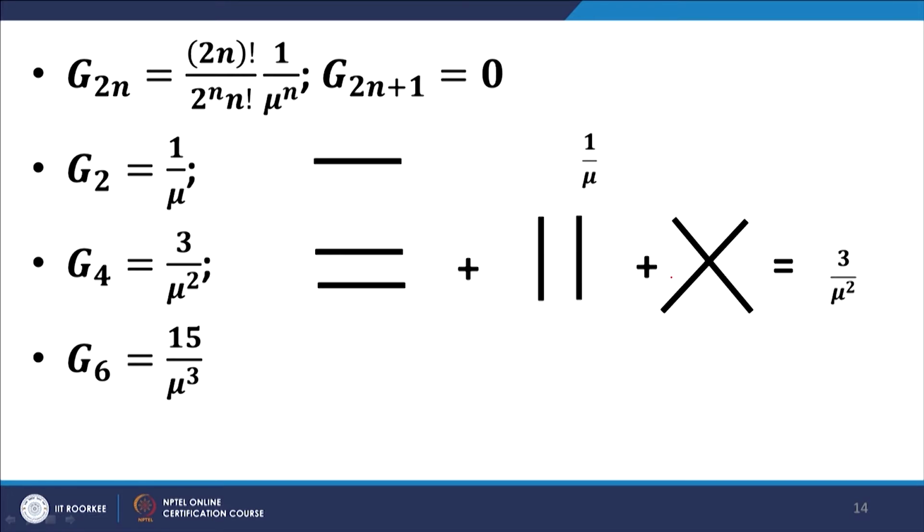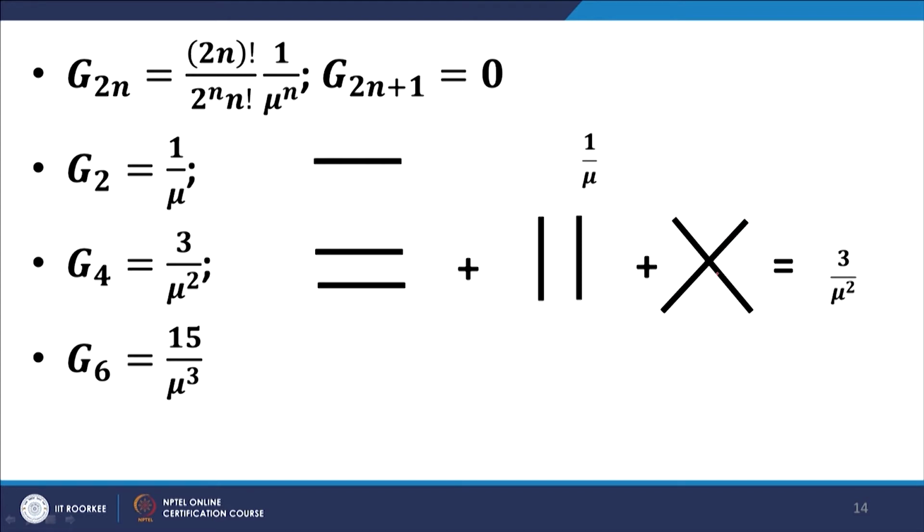Let us look at a more involved case of G4. Here we have 2n equal to 4, that is n equal to 2, and we want to determine the 4 point function. So, we talk about 4 points, and these 4 points can be connected with 2 lines. Those 2 lines can be represented in the form 1, 2 or the third one. Please note, the third one is not intersecting, the 2 lines are independent of one another. There is no vertex, which is the point of intersection of line 1 and line 2.